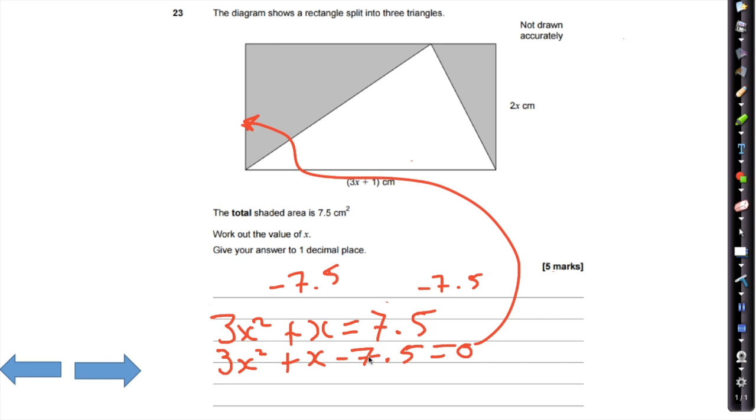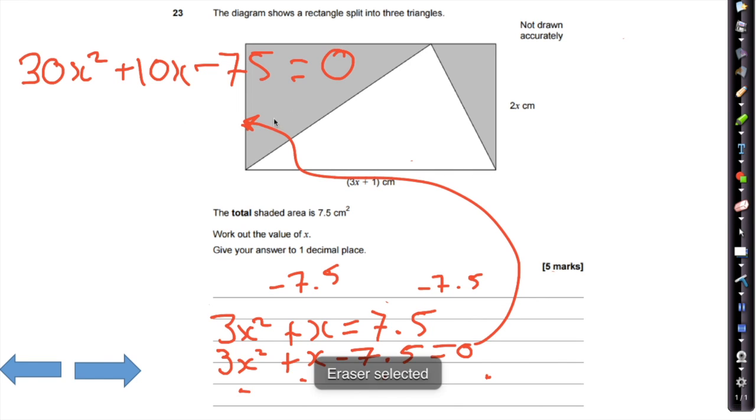This is an awkward decimal. Let's just times it by 10. And when I say times it by 10, I mean times everything by 10. Okay, so we're multiplying 3x squared by 10 to make it 30x squared. We're timesing x by 10 to make it 10x. And we're multiplying minus 7.5 by 10 to make it minus 75. As well as multiplying 0 by 10 to keep it at 0. Once we've got that,